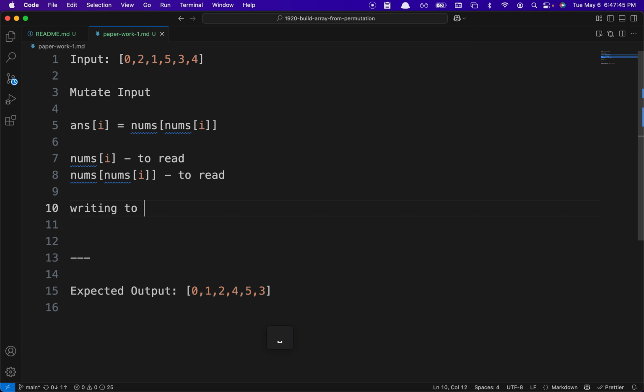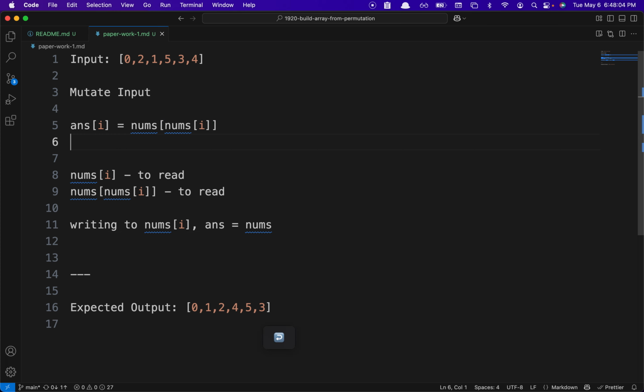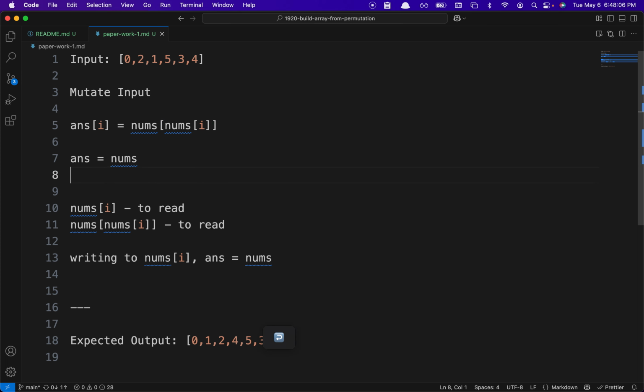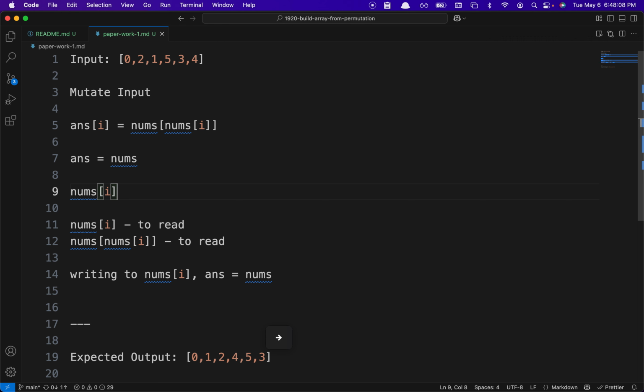We're writing to nums of i. So we are going to lose nums of i if we actually write to nums of i, assuming ans is equal to nums, because it's the same thing. So if basically ans is equal to nums, then we just say nums of i equals nums of nums of i. Now what we lose here is if someone else reads this nums of i,